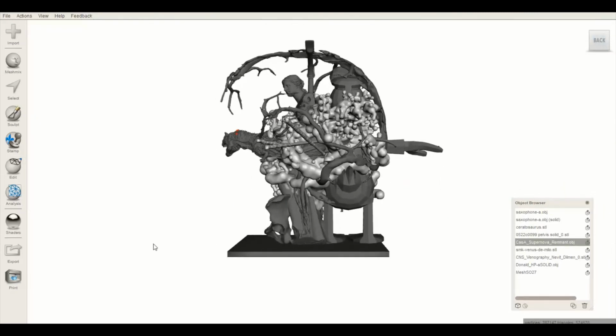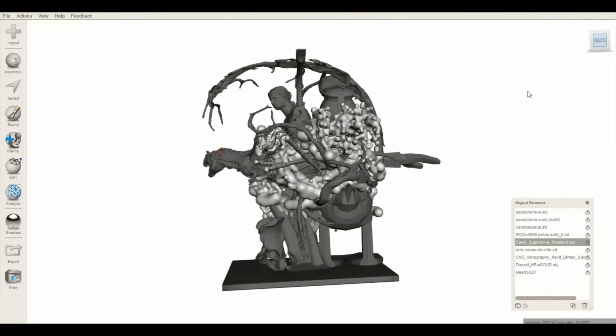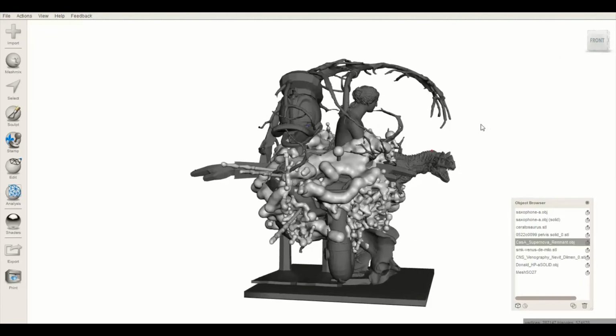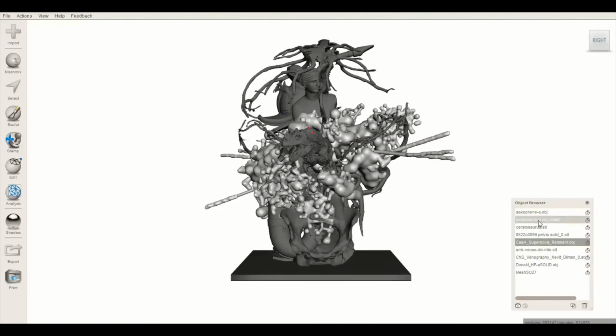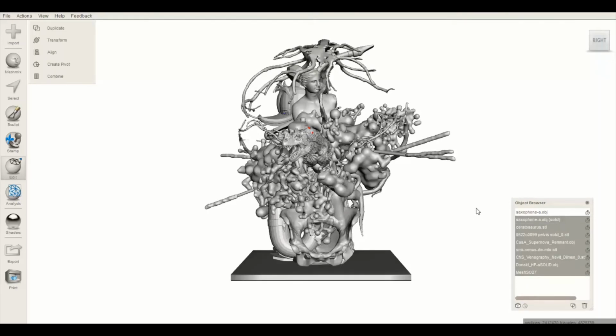All right. That's our found objects assemblage, digital found objects assemblage, and you could 3D print this. What you'd actually have to do, the final step, would be that you'd have to select them all, press combine,